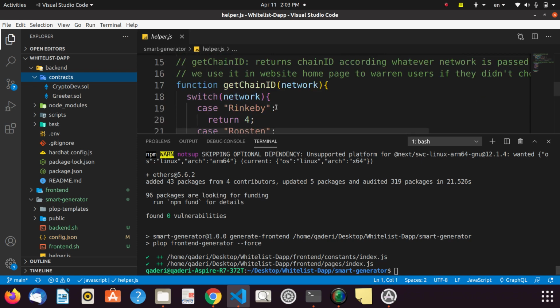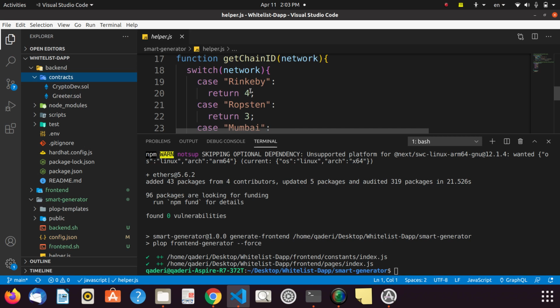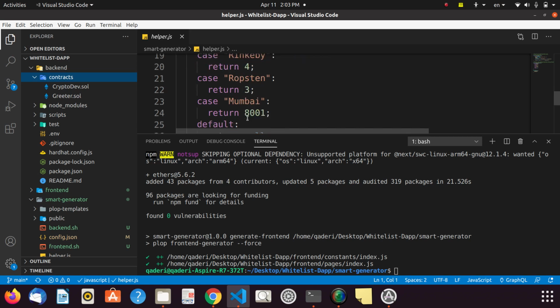This chain ID returns the ID, whatever network we pass to that. So if it's Rinkeby, it will return 4, and if it's Ropsten, it will return 3. If it's Mumbai, it will return 8001. Great. So let's see